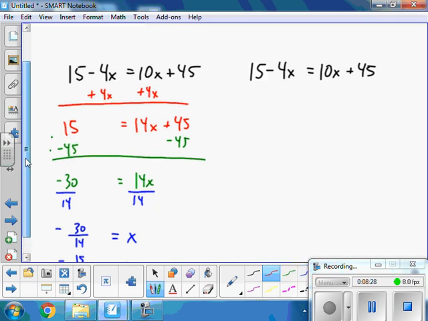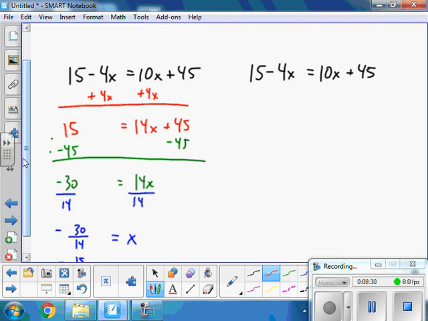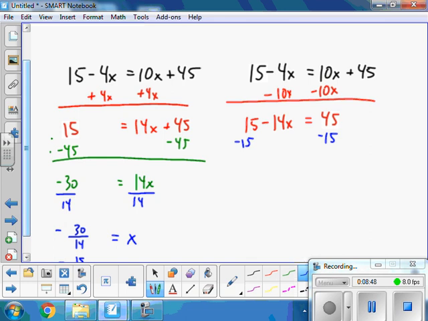Now, the reason why I wanted to rework this one is because let's say I want to go the other way. Let's say I want to go negative 14x. Let's say I do it that direction. So I end up with 15 minus 14x equals 45. And then I subtract 15 from both sides. So I end up with negative 14x